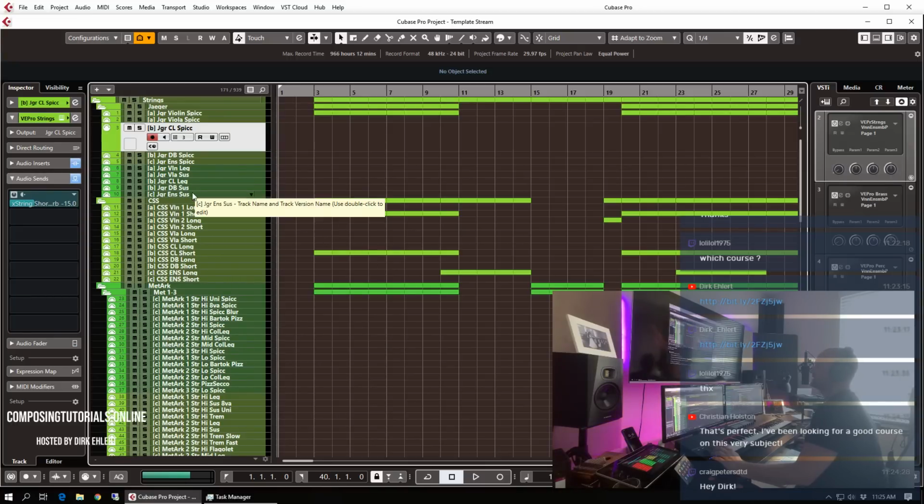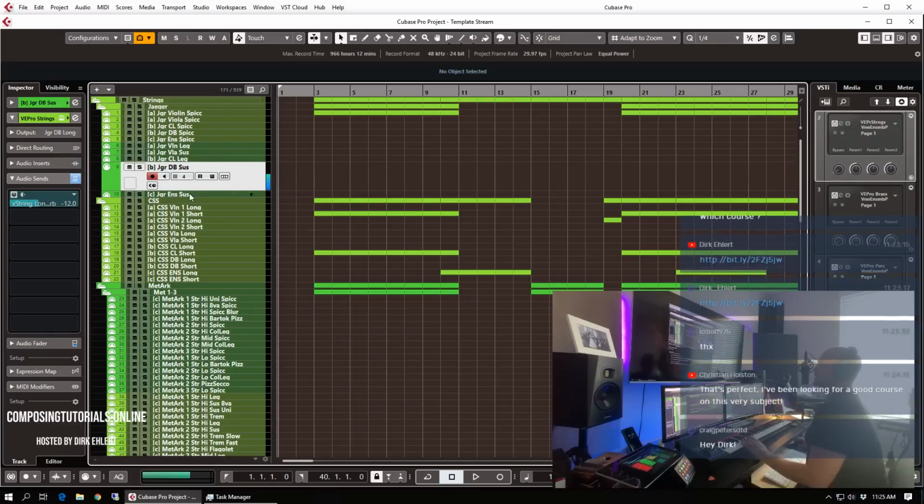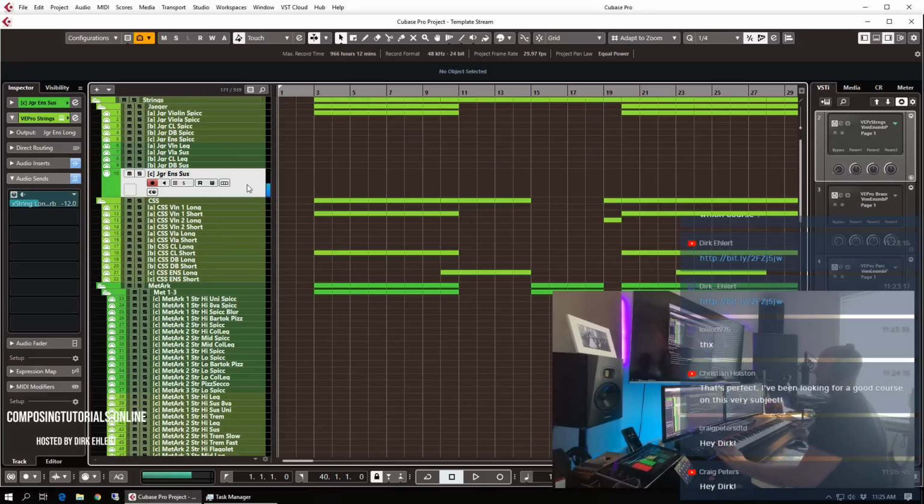Hope you're doing good. So then we have the double bass sustains, and also again the ensemble patch, just in case I want to do